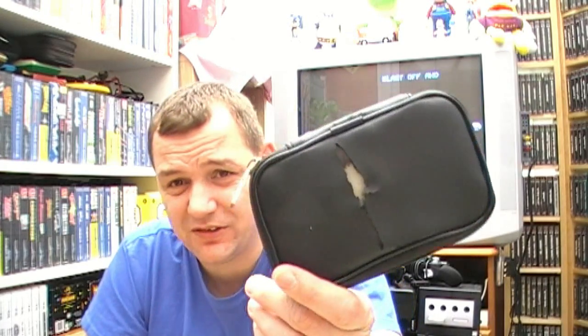And I've seen this there. And again, like I say, it's got holes in it and all sorts. You don't expect anything to be in it, do you? So I picked it up, gave it a squeeze. No, I don't think there's nothing in there. But as I squeezed it, I sort of bent my fingers kind of like that, and I thought, oh, that feels a bit rigid. So I opened it up,